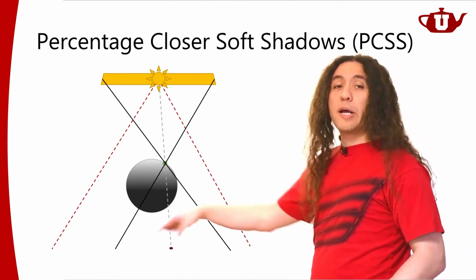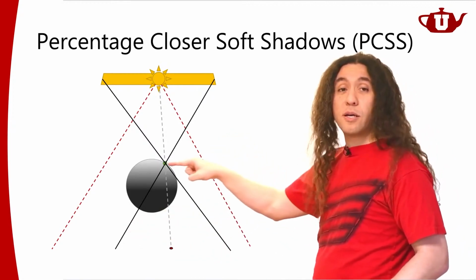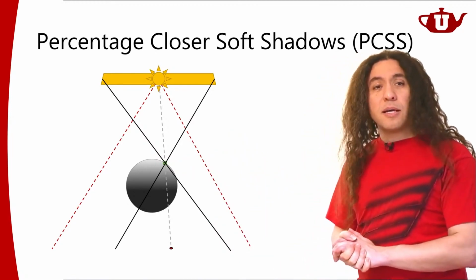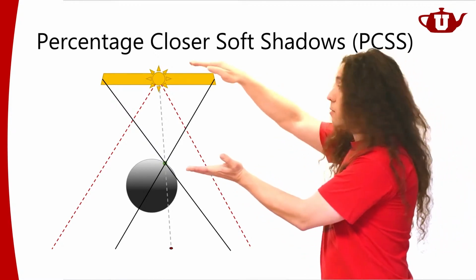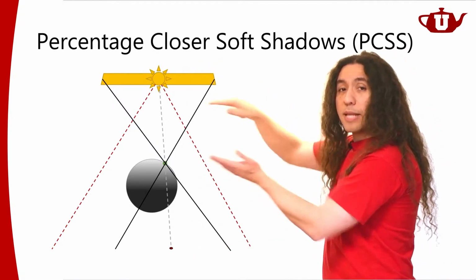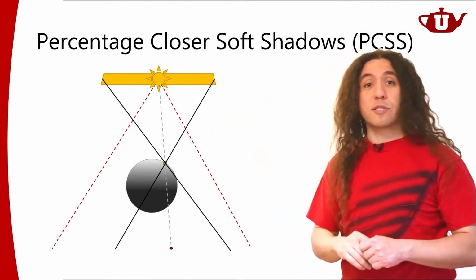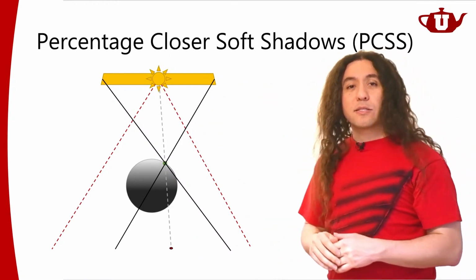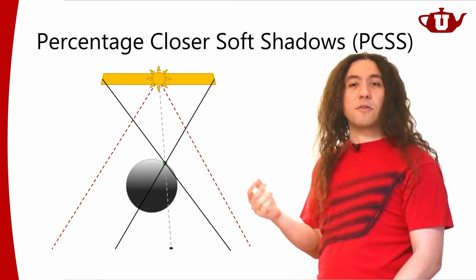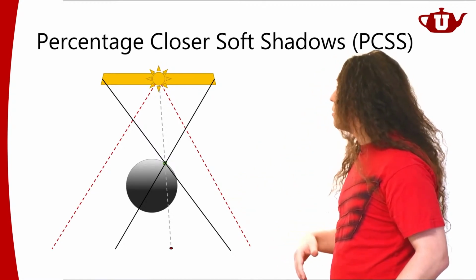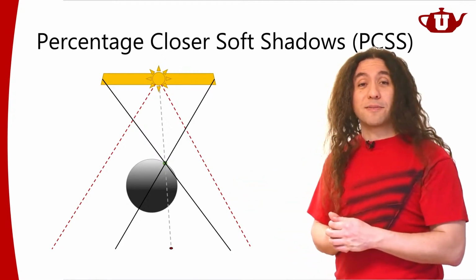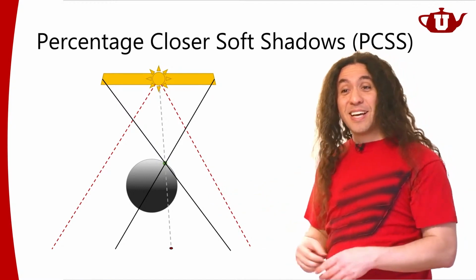So this is how blurry the shadow should be if my occluder is over here at this distance. Basically, percentage closer soft shadows look at how far the occluder is in comparison to how far the point that I'm trying to compute is. Based on that, and considering the approximated light source size, it generates a filter radius with a very, very simple equation. With that filter radius, I can filter my shadow maps using that percentage closer filter size, and I get soft shadows like this. Pretty good and pretty neat, right? Very nice. One problem though.